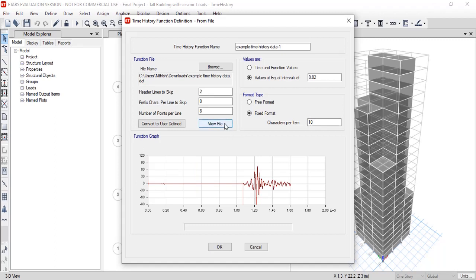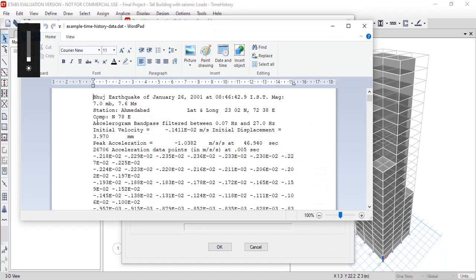So go to view file. Here you need to enter header lines to skip. Let me explain in the file. Here you can see the first 9 lines.